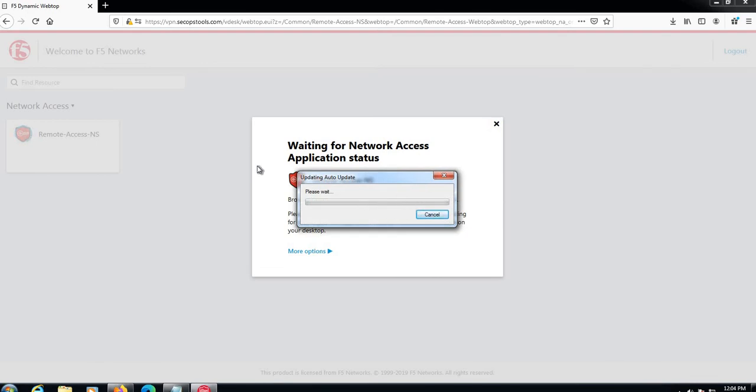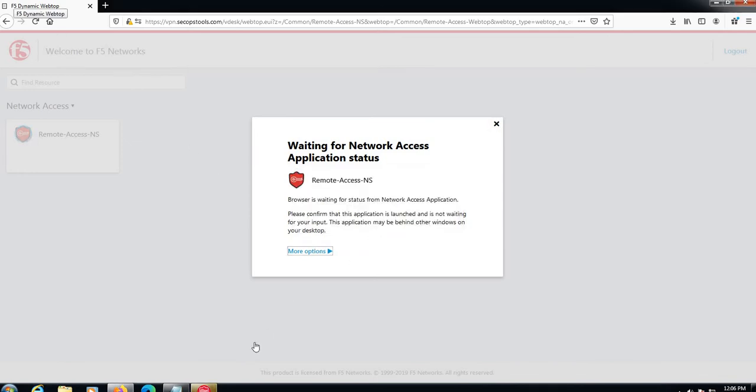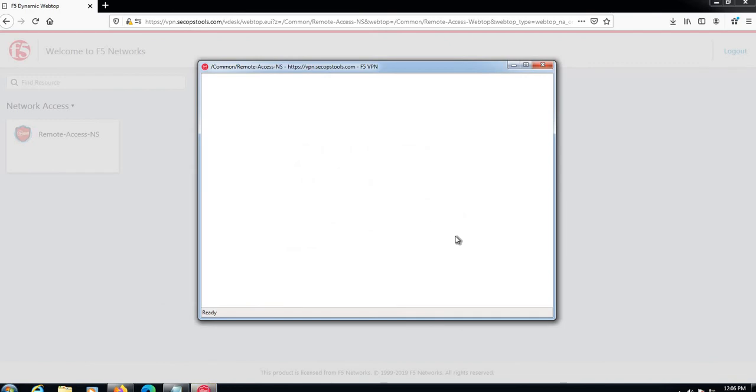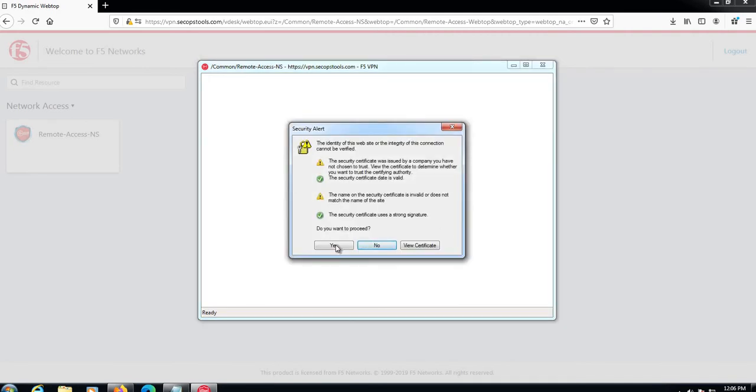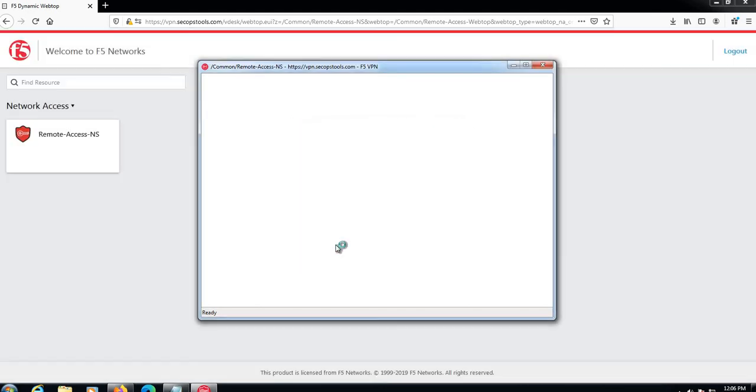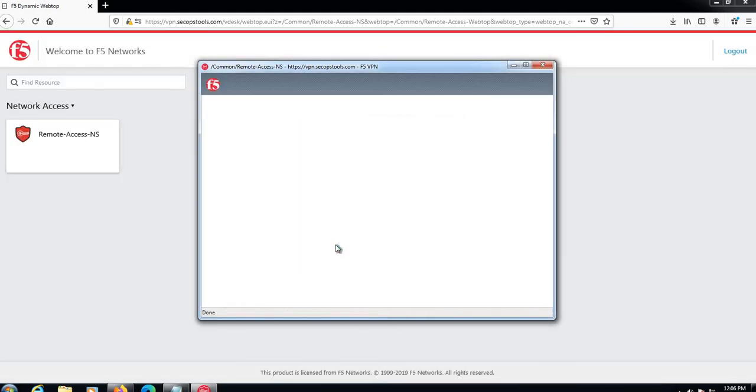Let it update. It's updating some settings. Let's see now. The first time it will take a little bit more time, because it has to download it, configure it, then download the settings. There are many other things. But when you try to access the second time, it will be quite faster.